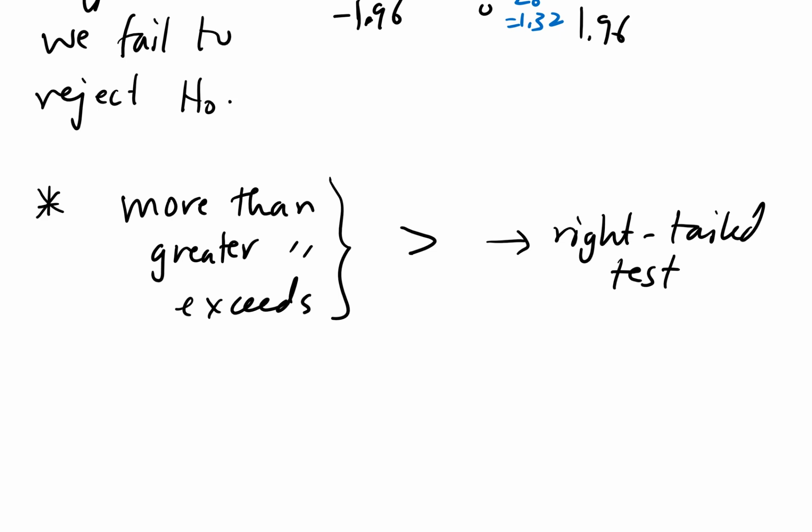So in summary, this section talks about two different ways of approaching testing the hypothesis, either using the critical value approach or the p-value approach. And in either case, you should get the same answer. You can use either one of them, but you will get the same answer all the time. That's what this section